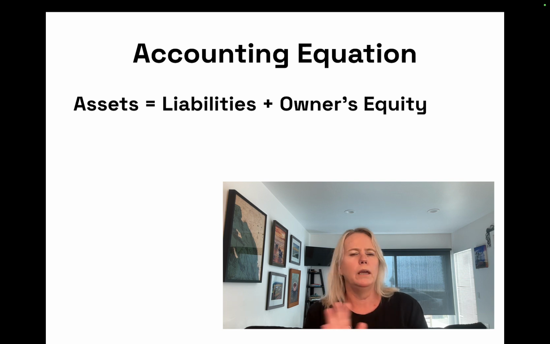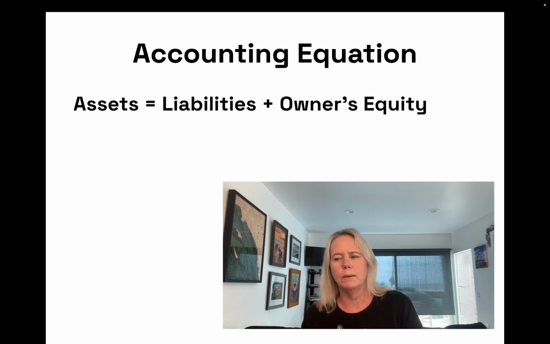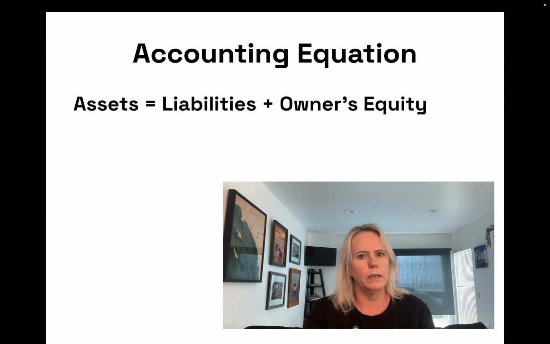And so you'll probably get a little bit more of that in the accounting itself lecture, but I just want you to be aware of the accounting equation because you might hear it from time to time. And like I said, this is more a terminology lecture. So I just want you to know what it is. Assets equals liability plus owner's equity. For business folks, or for accounting folks especially, that's like gravity.